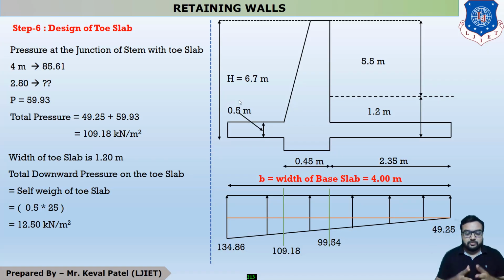This is the sixth lecture of our example number 1, which is the design of cantilever retaining wall. So students, in the last lecture, we discussed our step number 5, which is the design of heel slab. In the design of heel slab, we first cover the upward pressure diagram. After that, we find out the downward pressure diagram, and after calculating the upward and downward pressure diagrams, we will find out our net pressure diagram.